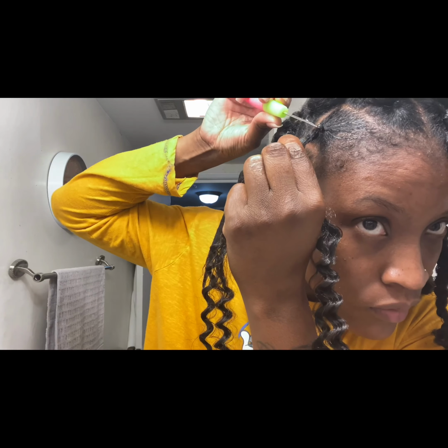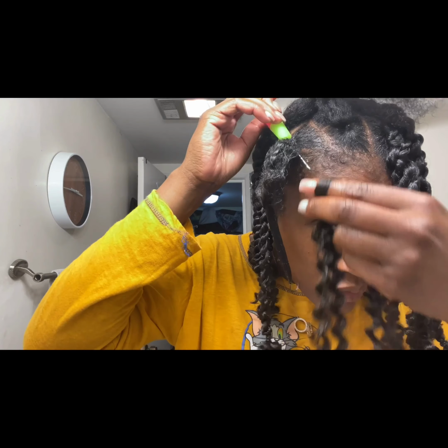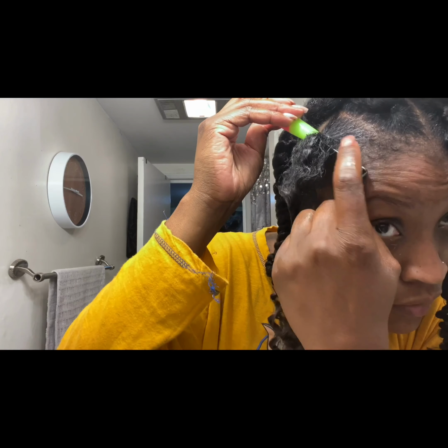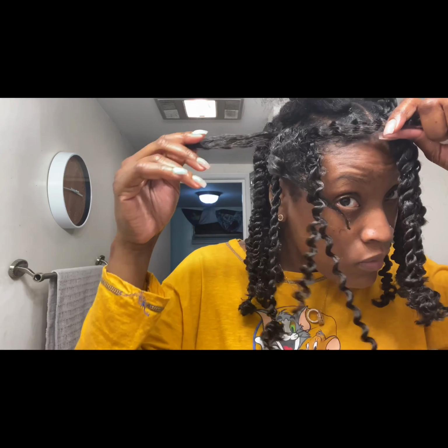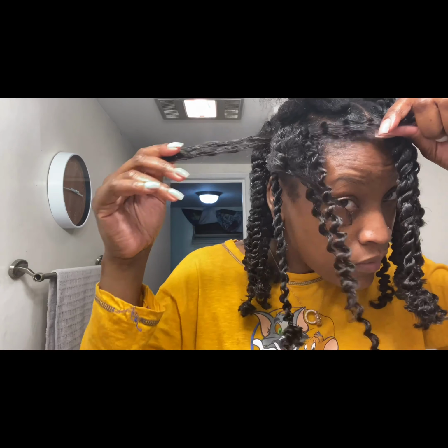It's pretty easy too. You just put your crochet needle through your part, and then you hook on the hair and slide it through. And then one side is going to have 1 piece of hair, and the other side is going to be the other piece of hair. So on both sides you should have 2 pieces of hair. And then you wrap it around, so to hide the rubber band, you wrap the hair around 1 strand,